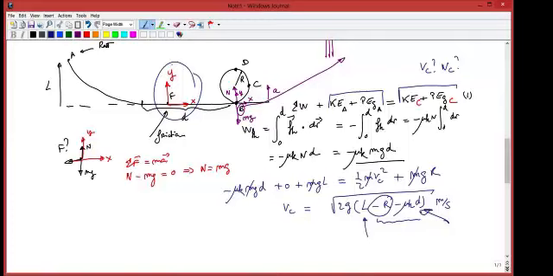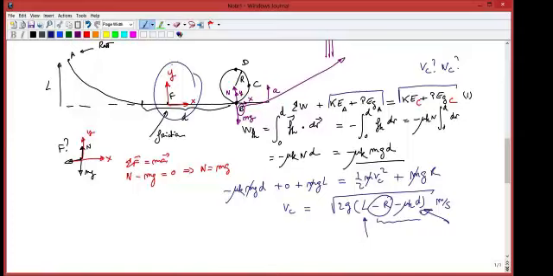Exactly. So if this is the case, the object may leave the ramp at any point. It could be at C, it could be at D, it could be at E. That's actually a very, very interesting problem. So if anybody would like to work out this problem, a new problem for extra credits before the next test,